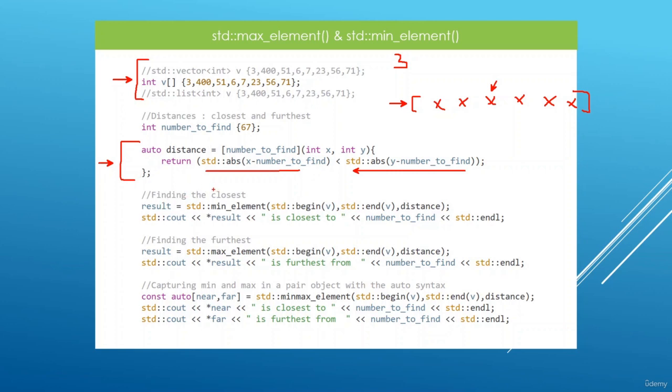So we can find the closest element by using the min element, because this is going to give us the shortest distance to a given element that we pass here, and we're going to be computing the distance to a number that we specify in this variable here. So this is going to give us the closest number to 67. We're going to print that here. We're going to find the number which is further away from the number in here, and we're going to print